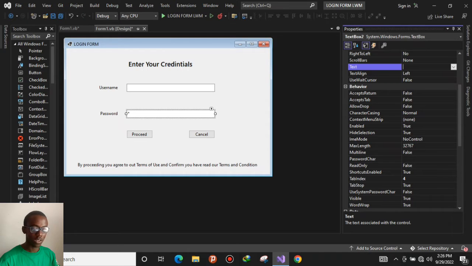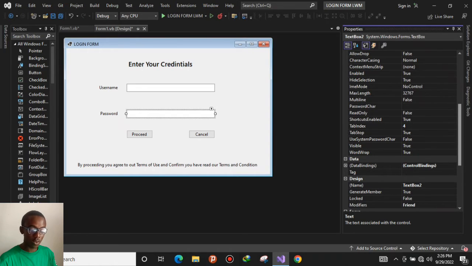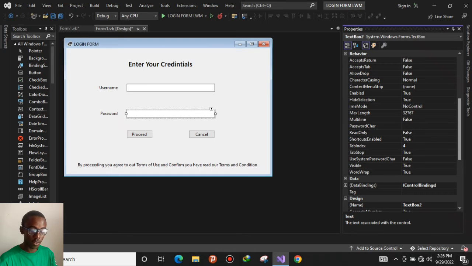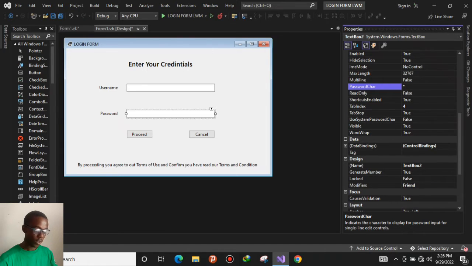Something where we just write password, but nah. Let's just leave it because we have the password written here. So let's look for password character on our screen. I've seen it, but okay. Now put a star. Then we're going to rename the whole thing. So let's just name it password